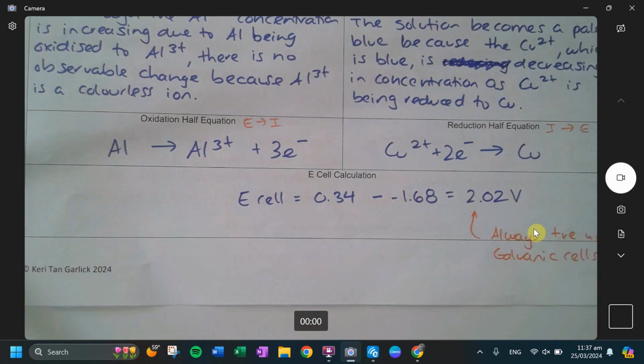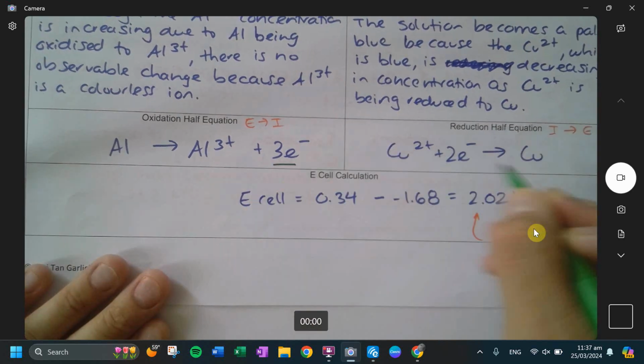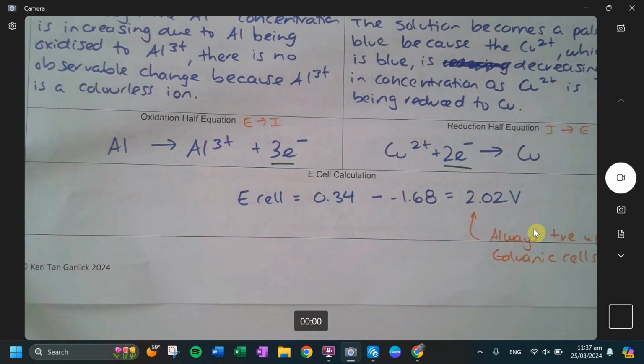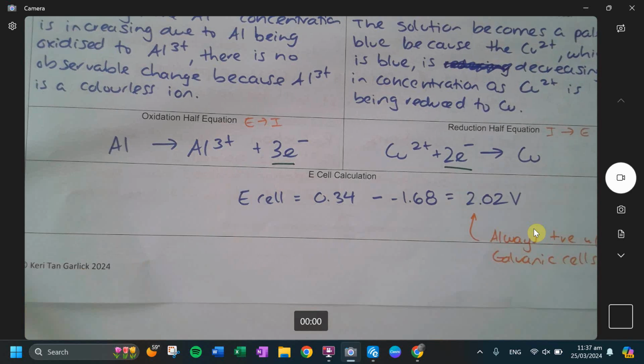Anyway, full redox equation, remember that we are combining these two together. The thing you are checking is the electron number. Electrons should be on opposite sides of the equation so they cancel out, and they should be the same number so that way they cancel out. In this case, I've purposely given you a more difficult one, simply because then you have to multiply both equations. If they're already equal, you don't have to do anything. You just got to put them together.